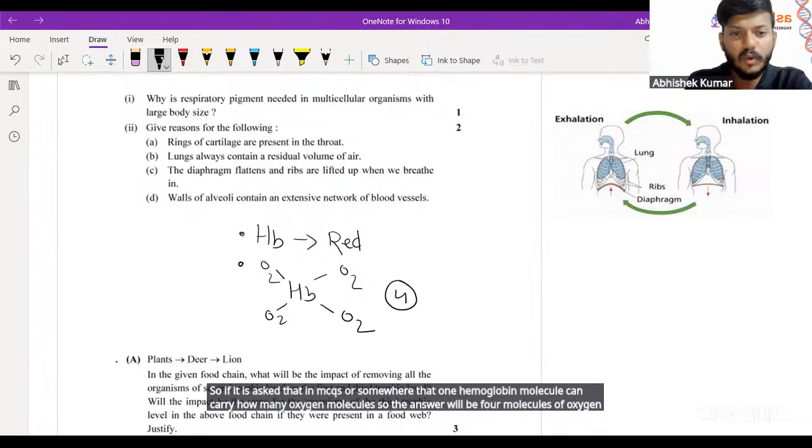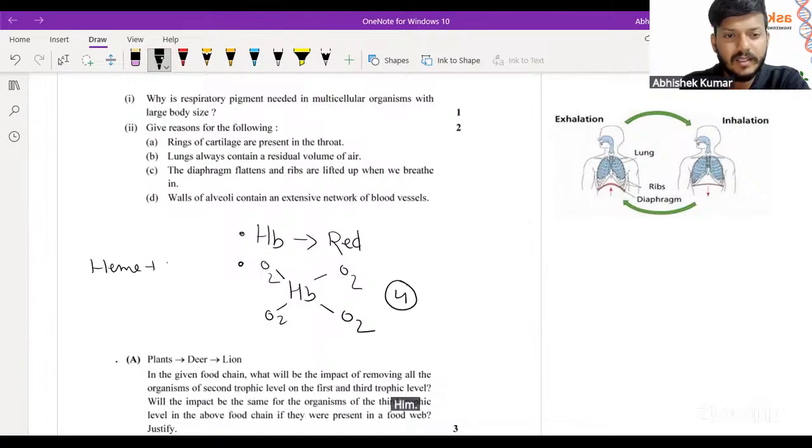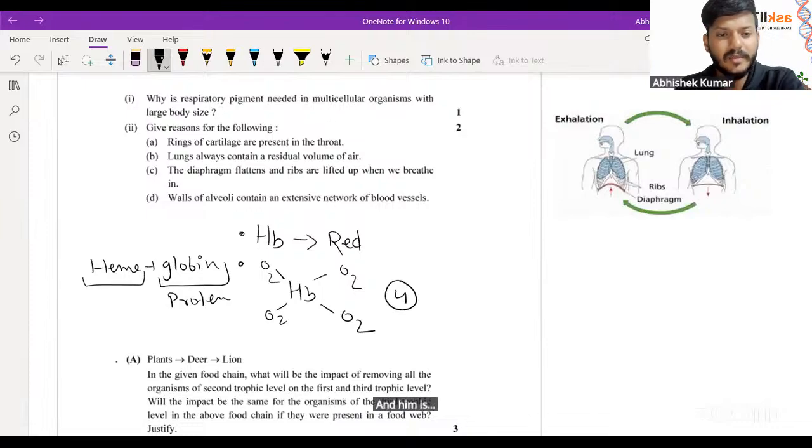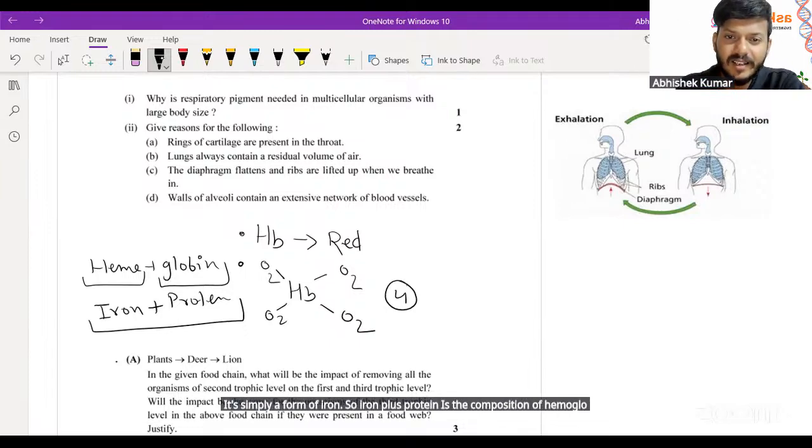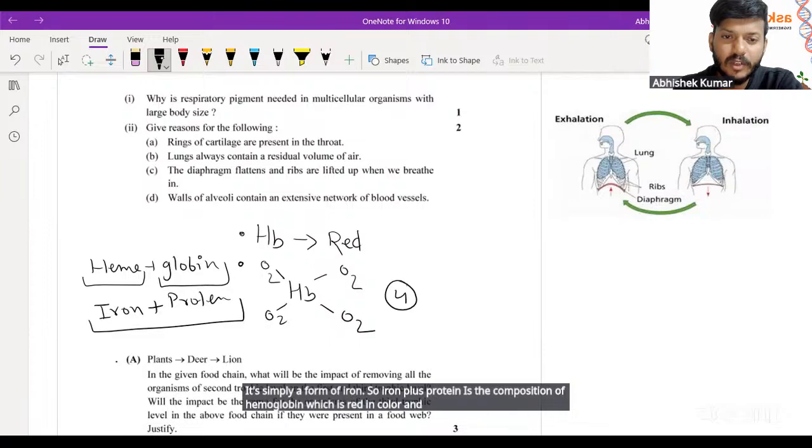And hemoglobin is made up of two types of substance, that is heme plus globin. Globin is a type of protein, and heme is what? Can you tell me what is heme? It's simply a form of iron. So iron plus protein is the composition of hemoglobin, which is red in color and helps in the transportation of